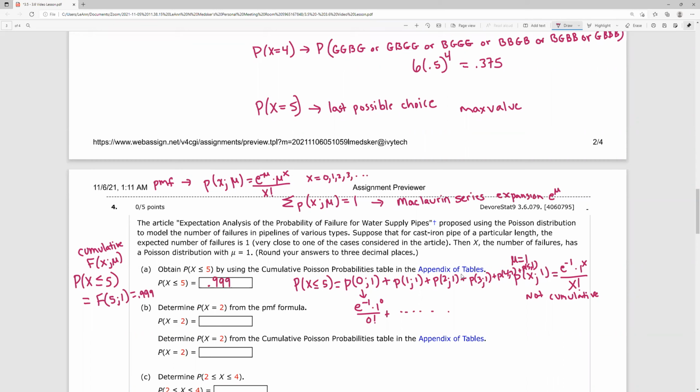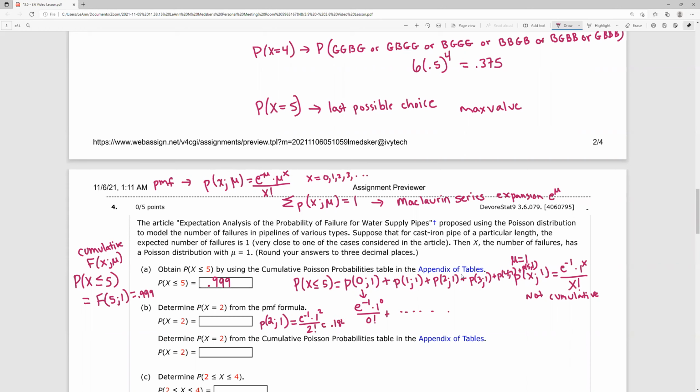Now for the second one here, it says use the PMF formula because they're asking for an exact. So we don't want to go to the accumulating table. It's actually harder to do an exact on the cumulative table. We are going to do that for the second part of this, but you have to think a little differently. So if I want to do this, this would be P of 2 with a mu of 1, and we just directly plug into our PMF. This is e to the negative 1 times 1 to the second over 2 factorial. I worked that out earlier and I got that that was